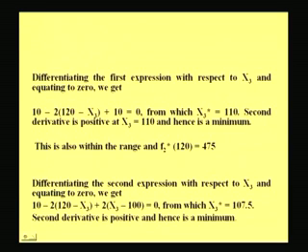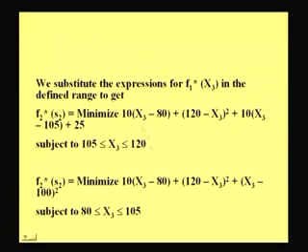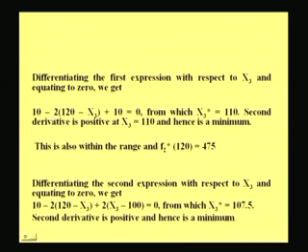To do that, we differentiate the first expression with respect to x3 and we equate it to 0. This would give us a 10, this would give us 2 times 120 minus x3 into minus 1, this would give us another 10. So, we get 10 minus 2 times 120 minus x3 plus 10 equal to 0,